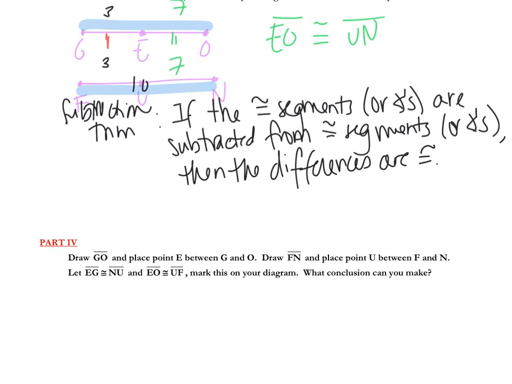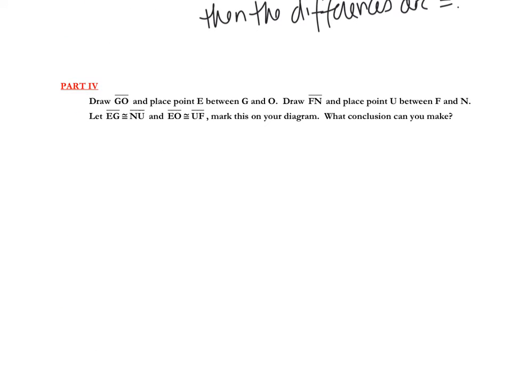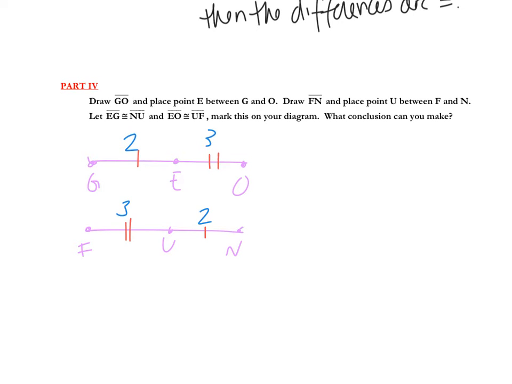Okay, all right, last one, and then we're going to put this into practice. So again, we're going to draw GO with E in between and FN with U between. So this time it says EG is congruent to NU and EO is congruent to UF. Let's assign these numbers again. So let's say this is 2 and 2, this and 3 and 3. If we add these 2 segments together, the full segment's going to be 5. So GO is congruent to FN,